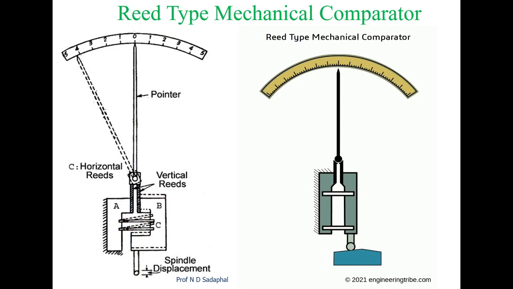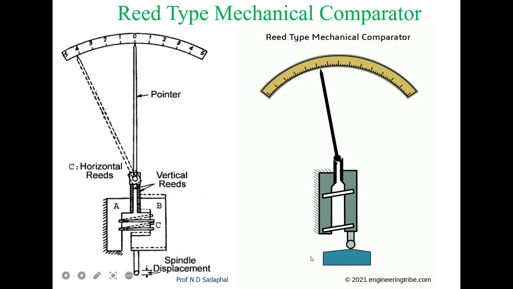So whenever plunger is moving on the surface, due to the unevenness of surface, plunger will move up and down. You can see over here some taper is given to the surface, and due to that uneven surface, plunger will move up and down. And when plunger is moving up and down, the movable block will also move up and down, and due to that motion of movable block, the needle will also move on the right side or left side as per the movement of your plunger.